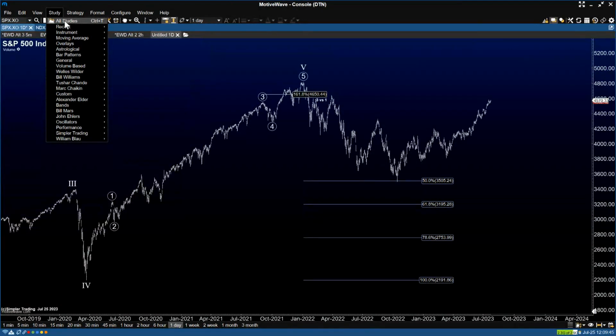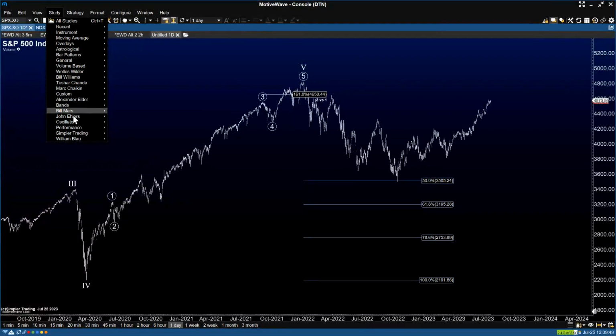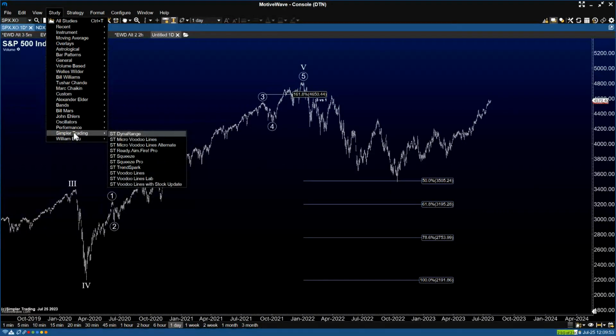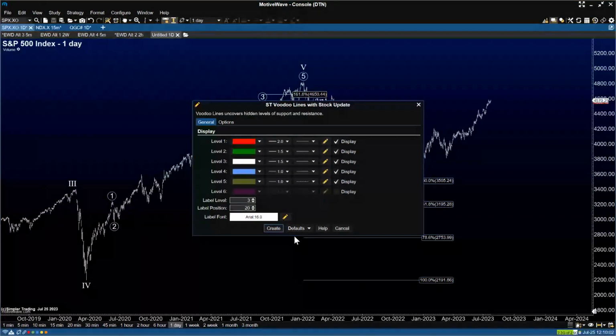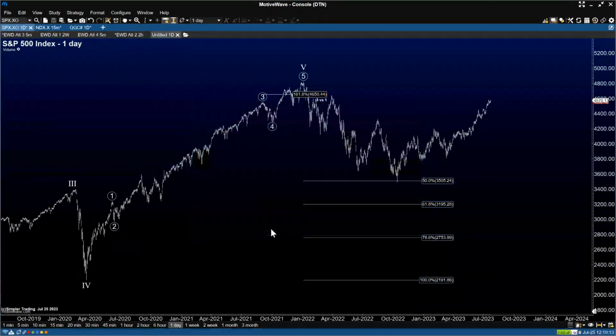I simply go to Add Studies and then come in and go down to the Simpler Trading section and add in either the Voodoo lines or the Voodoo lines with stock update. Both will have the same levels for the S&P 500. I'm just going to turn off here on the longer term charts the moguls and the skylines, but I can always add them in and